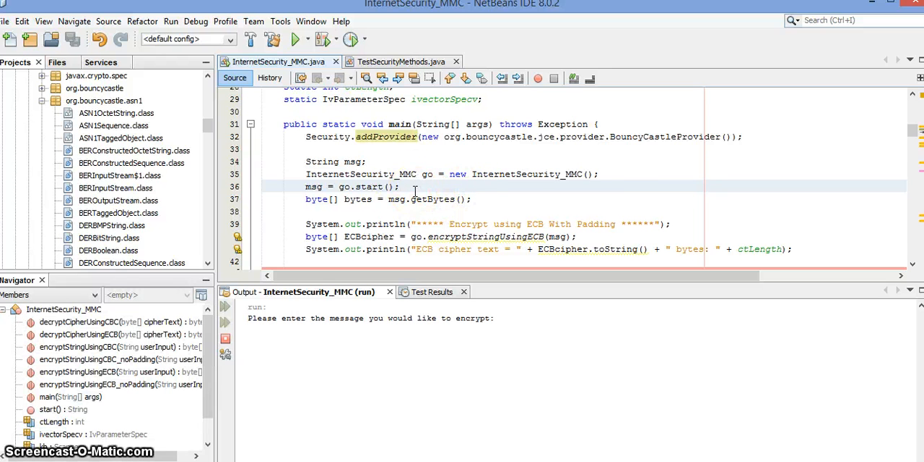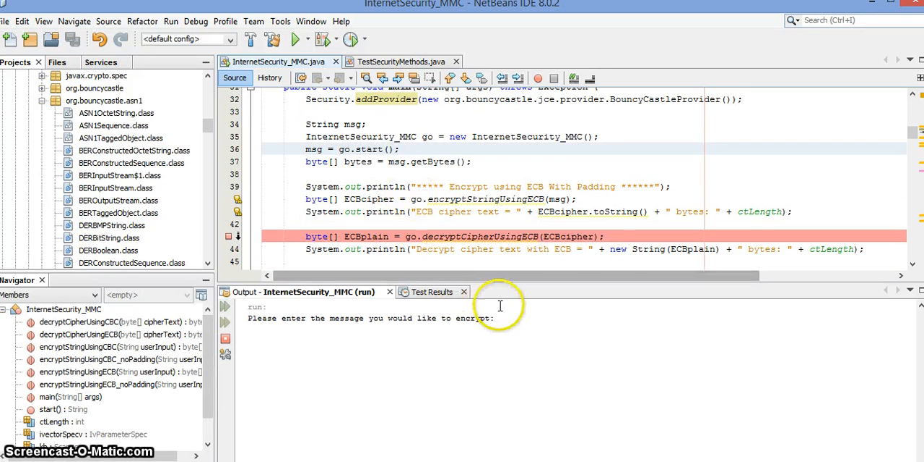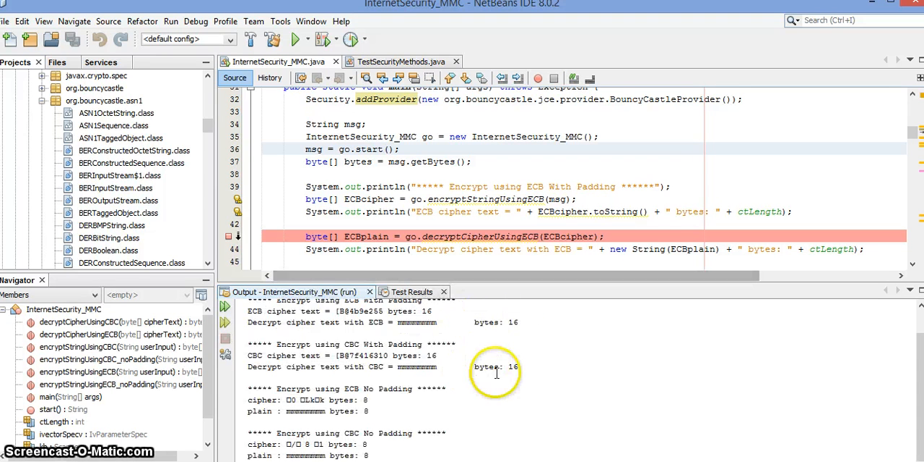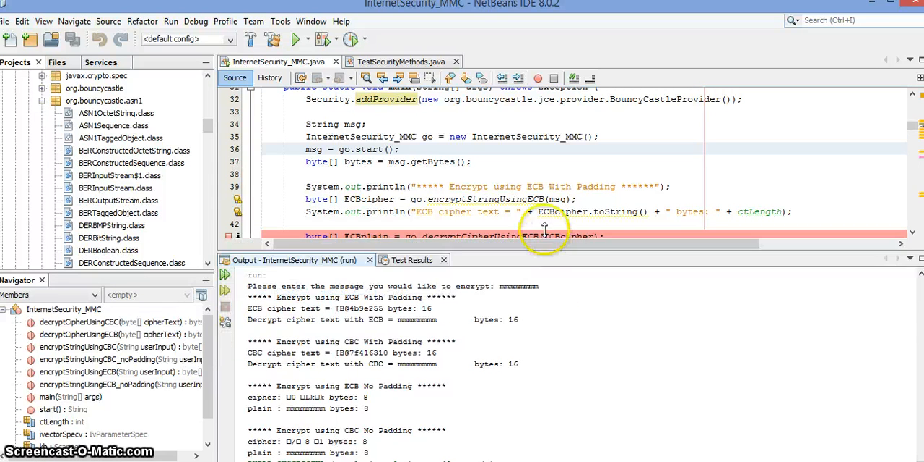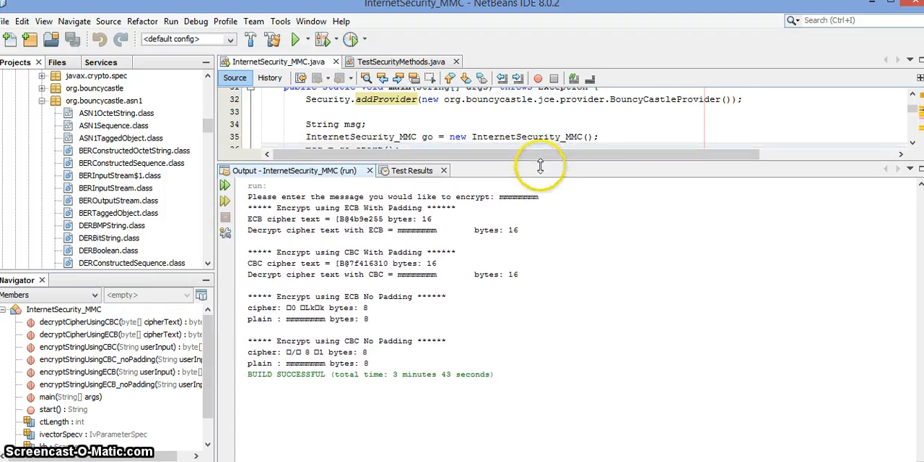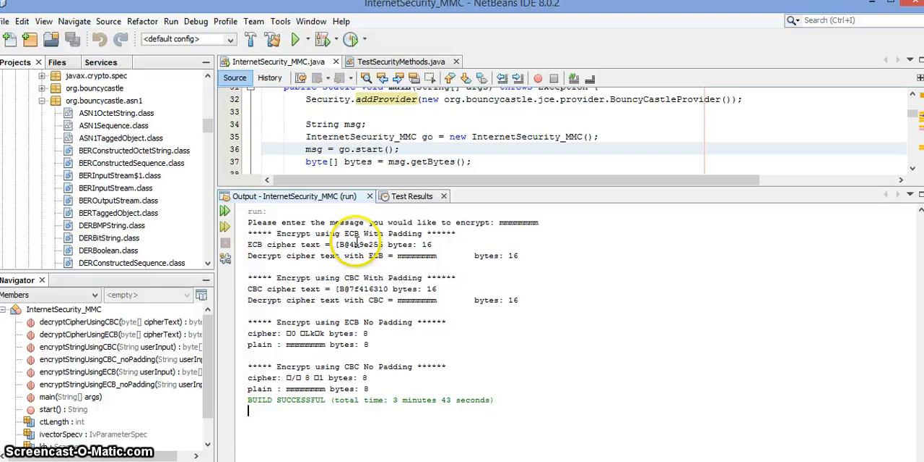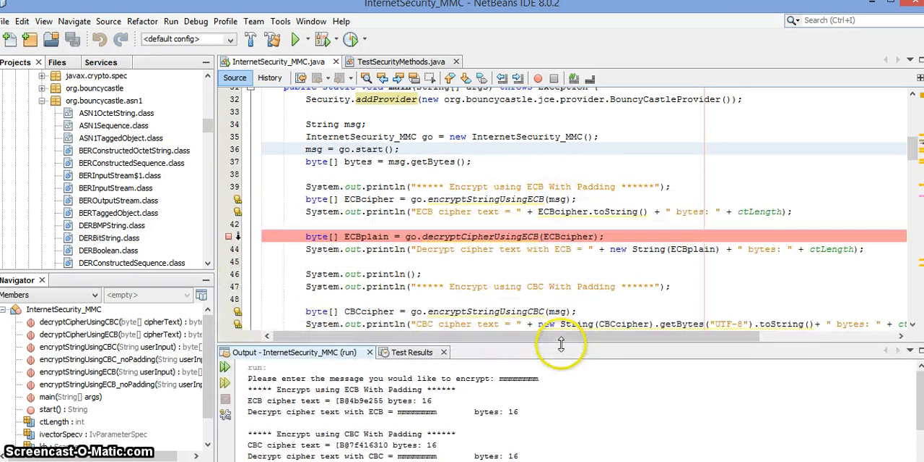Now right now it's looking for user input. So if I just type something in, it's just going to encrypt it, and you can see this is the output. You can clearly see the ECB with padding, CBC with padding, and no padding in both cases as well. If we just go to those methods,